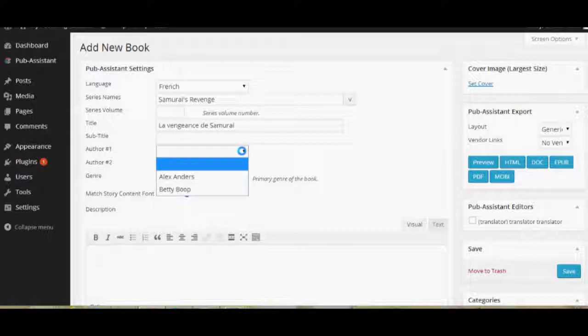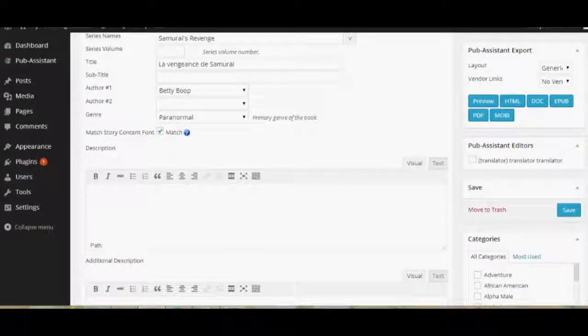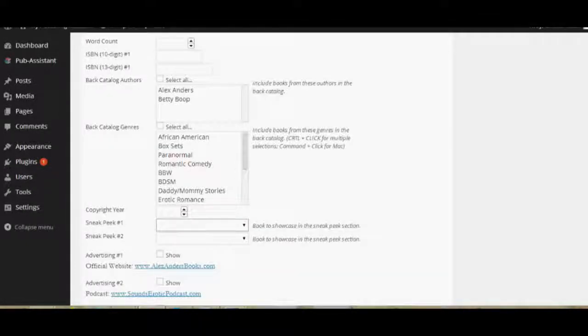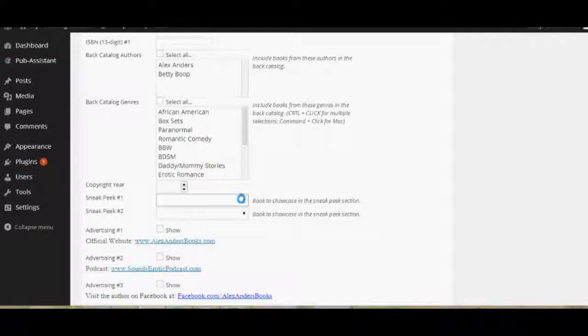Author name, Betty Boop, genre, paranormal. Our checkbox, we want to make sure that's checked. And our other variation when it comes to entering in a foreign language title is down for the sneak peek, so we'll just scoot ahead there to take a look, which is that now the sneak peek only shows you the books in the language chosen, which is French. So here we have